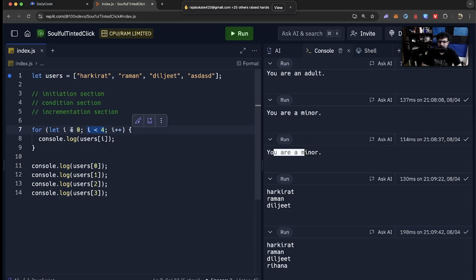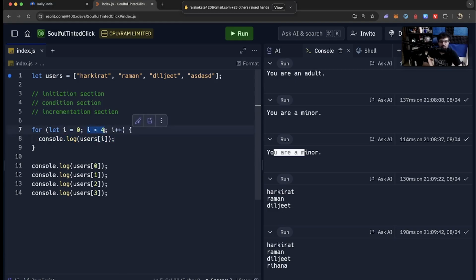You initialize i to 0. Then you check, is this condition true? I repeat, first this will run. Whenever control reaches here, the variable gets defined. Initiation means the first time, when it runs this specific code once. i gets initialized to 0. Then it does the condition section in every loop. I repeat, this section runs. i is less than 4 runs, and then it goes in here.